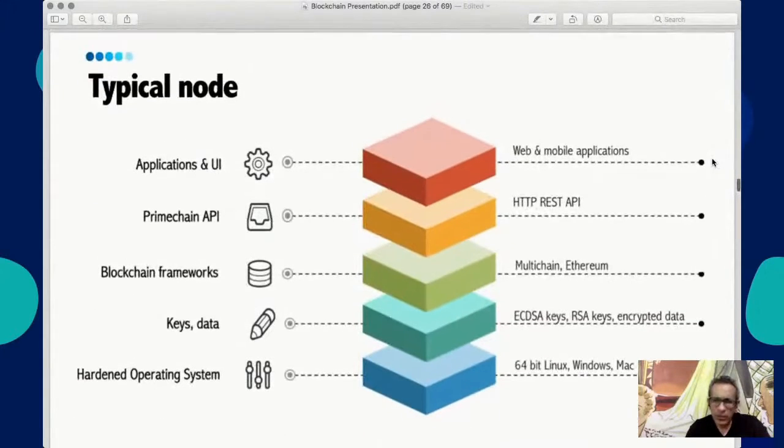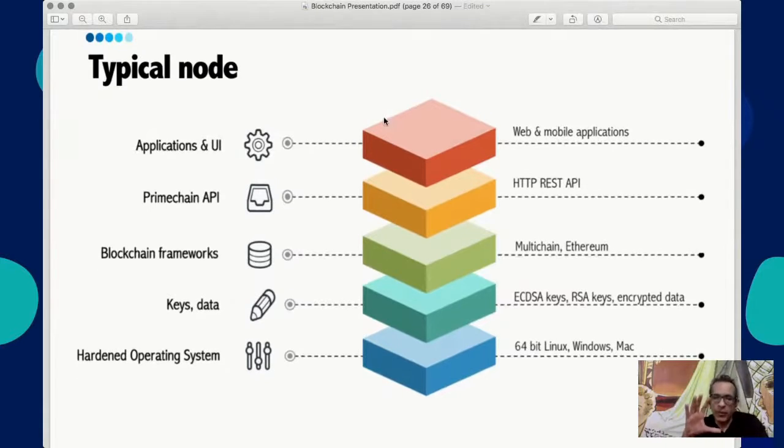Okay, so now somebody had asked a question about how do we hack into a blockchain. So now I can give you one of the first level answers on that. For that, we need to understand what actually is there when we talk about a blockchain solution. There are multiple layers in it. So first step, you are going to need a server. So let's take an example of an Ubuntu server.